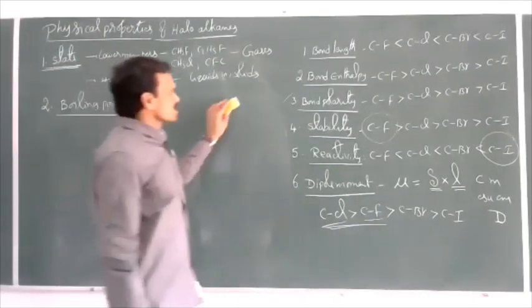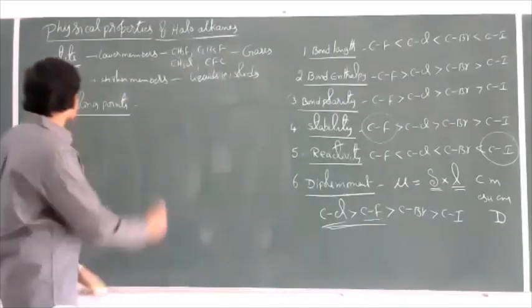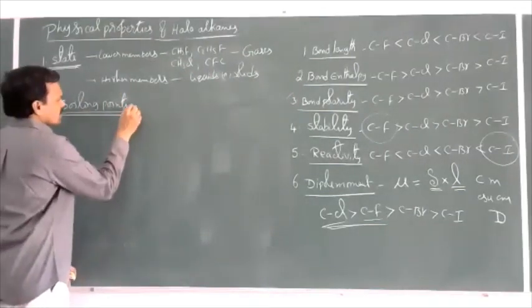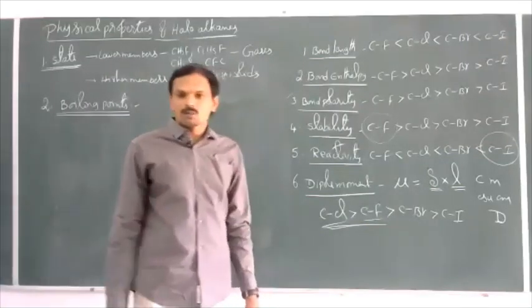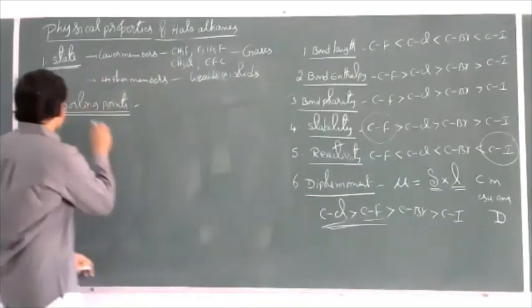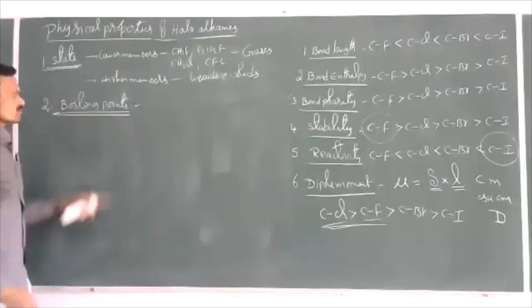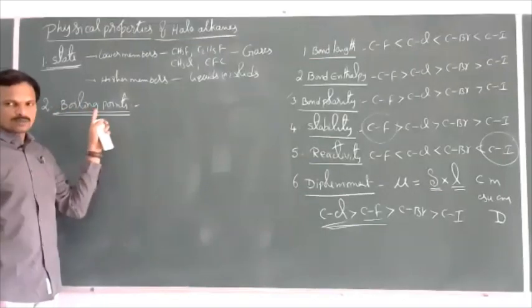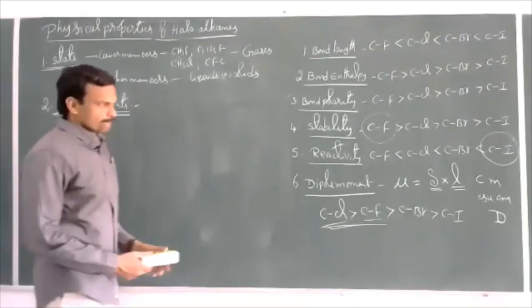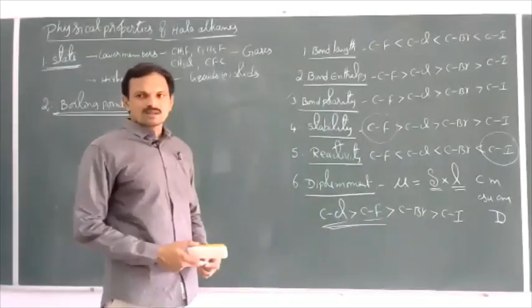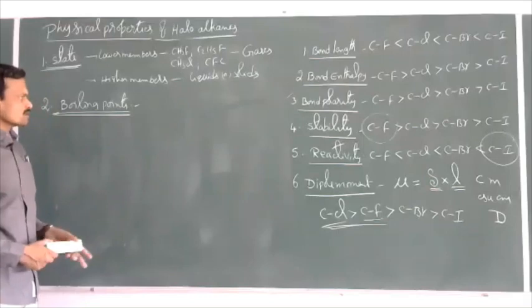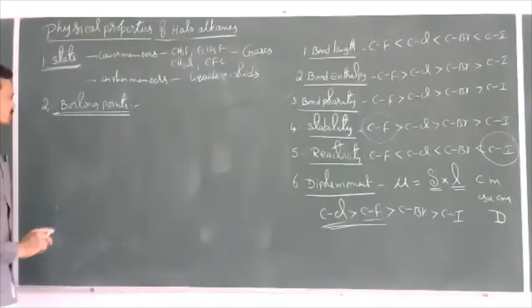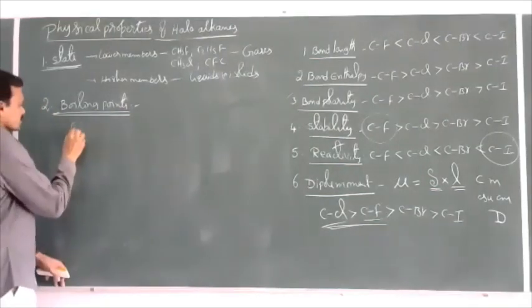So melting points and boiling points we'll see here. The order of melting points and boiling points depends upon dipole-dipole interaction, especially in the case of boiling points. The order of boiling points mainly depends upon dipole-dipole interaction. If dipole-dipole interactions are more, the boiling points are more. Less, boiling points will be less. Now, I'll take some examples here.